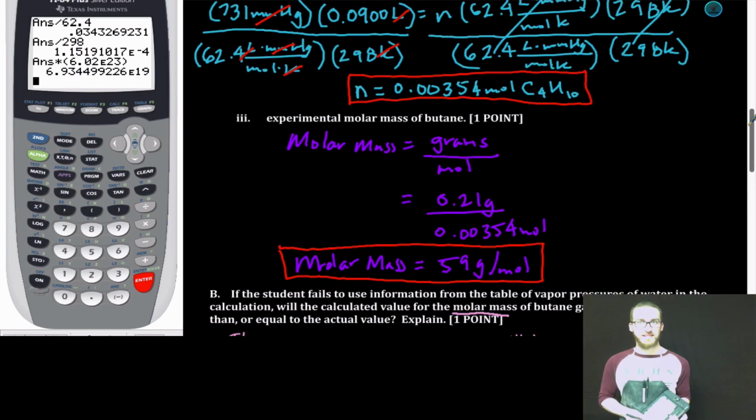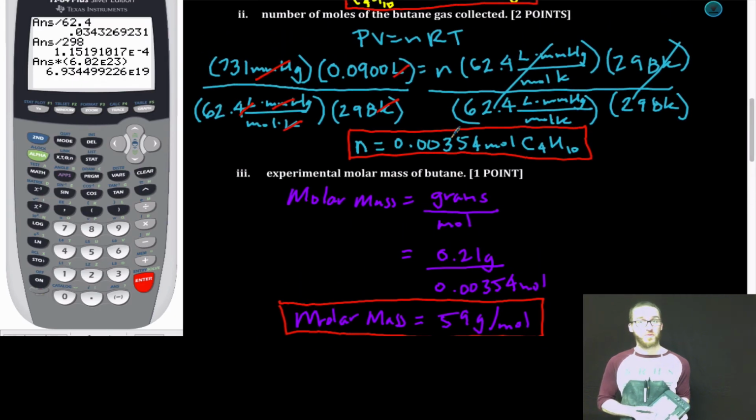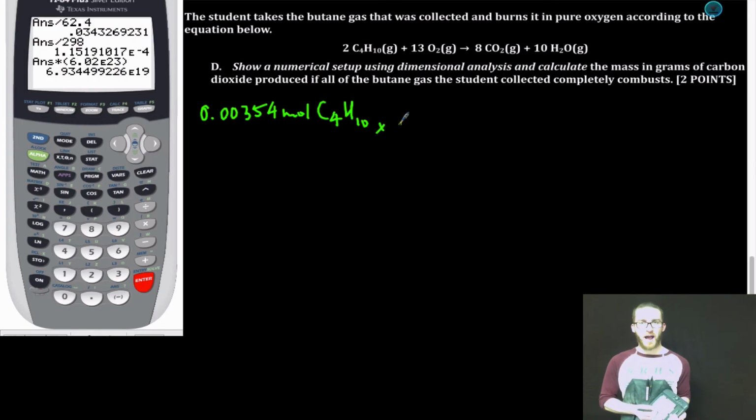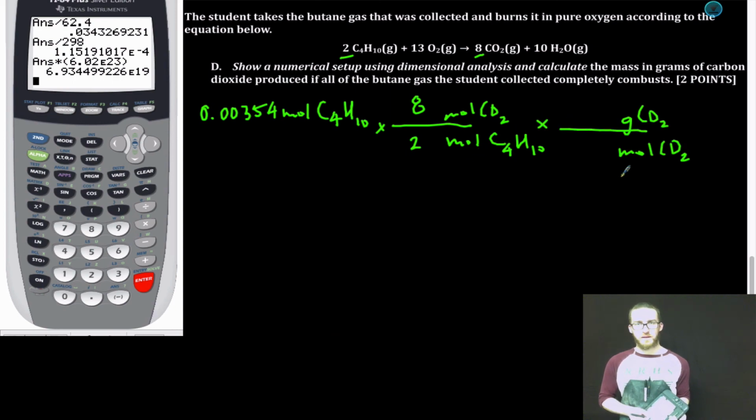We collected 0.00354 moles of C4H10. Boom. We want to know how much carbon dioxide we've made, and the relationship there is 8 to 2. 8 to 2. But it doesn't want just moles, it wants grams. So I'm going to go one more step, and when determining the mass in grams of 1 mole of carbon dioxide, just head to your periodic table, check out the mass of carbon and the mass of oxygen. Add them together and you get